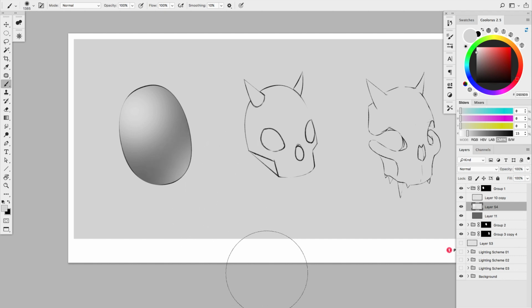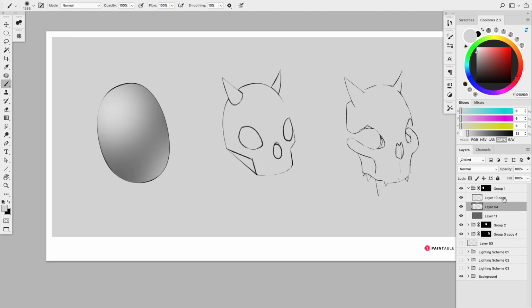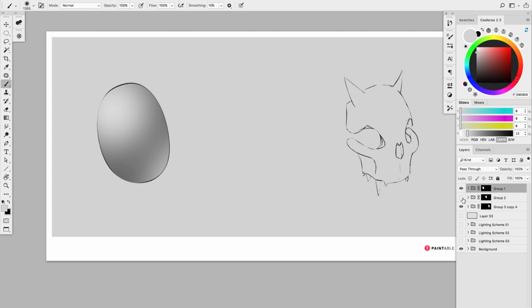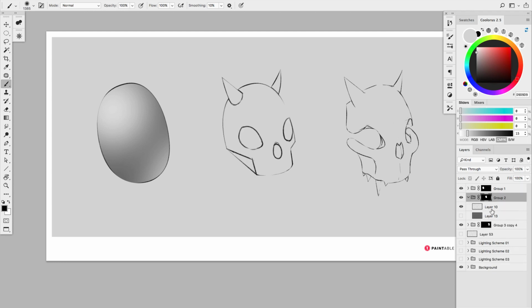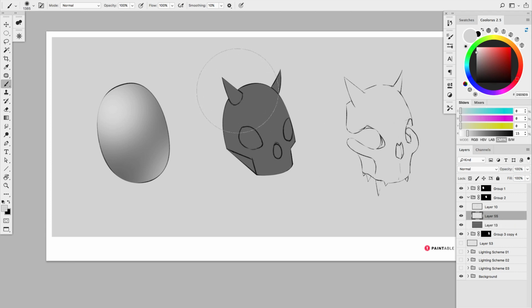So that's going to be my 2 lights for this. So I'm going to apply that to the in-between shape, and just to show you the steps I'm going to take to do this. I'm going to create a new layer on top of this, and I'm going to do the same thing here. I'm just going to paint on the whole thing, not taking into consideration the horn for now, and paint